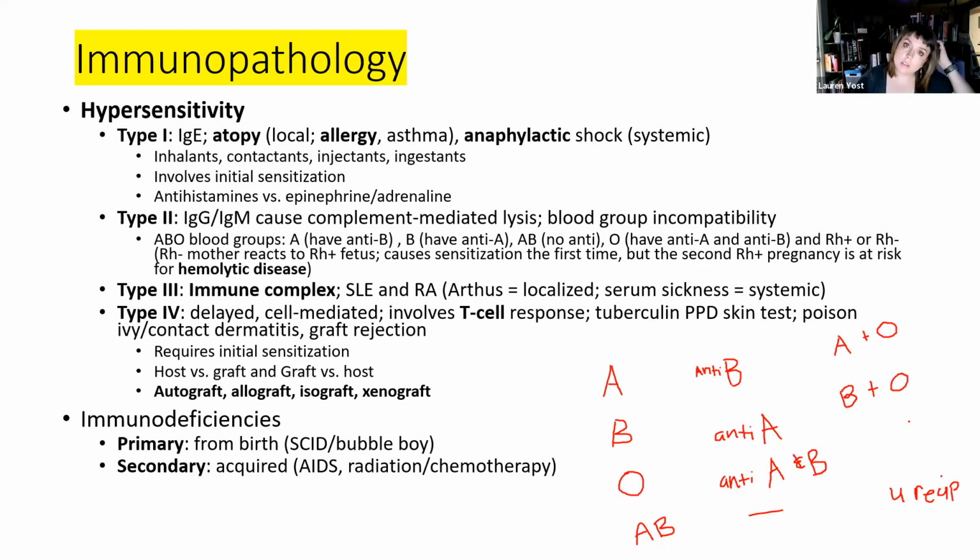So what can O get? O can only get O. So this one, because it can only get O. But look at this: A can get this, B can get this, O can get this, and AB can get it also, because it's the universal recipient, it can get any kind of blood type. That makes O the universal donor. Any blood type can receive O.